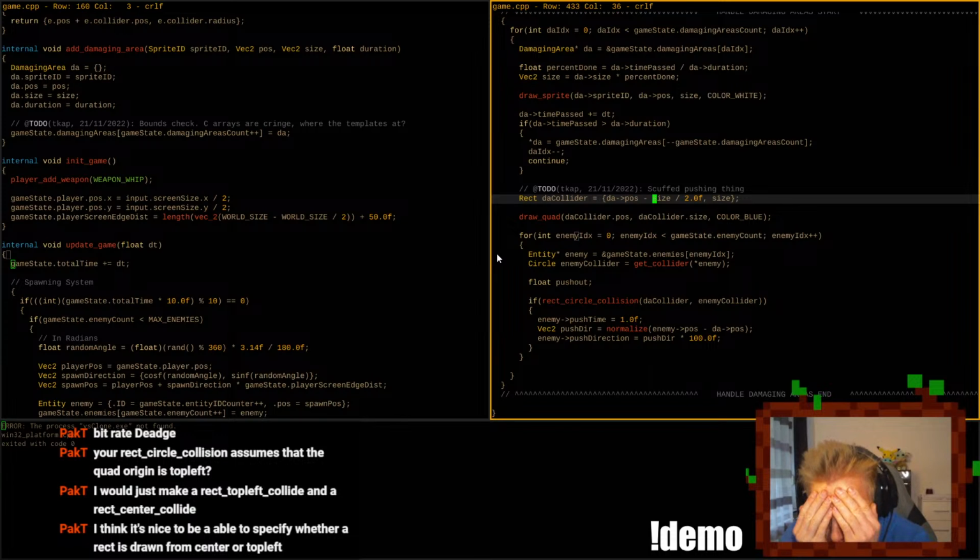Of course it is 1,1. You see, that's why you set it for size. Oh, I see. This is why I don't like scale. This is why I don't work with scale. I'm so used to working with